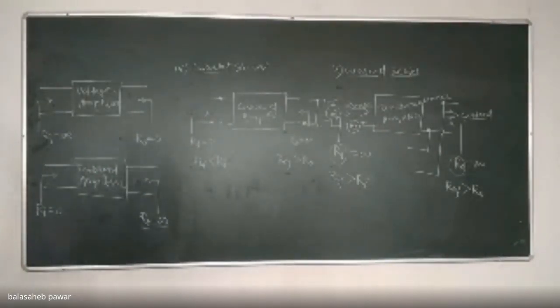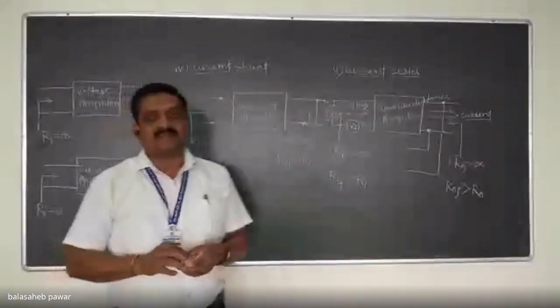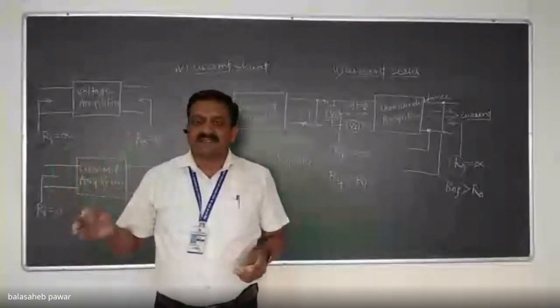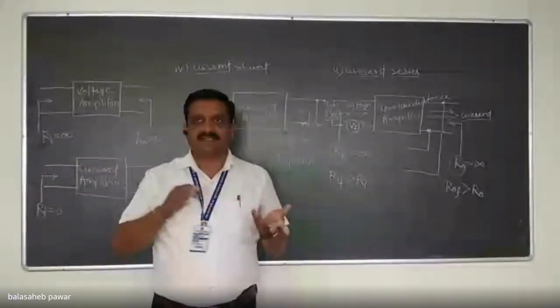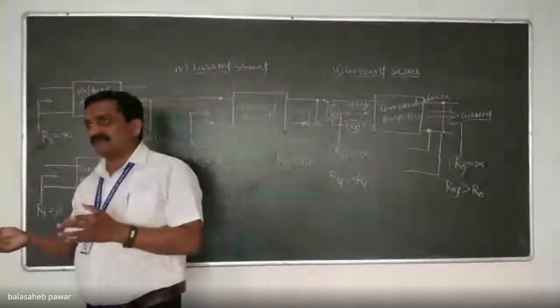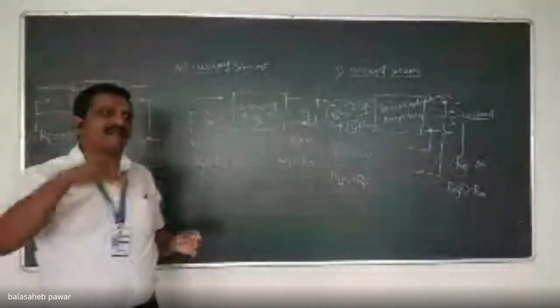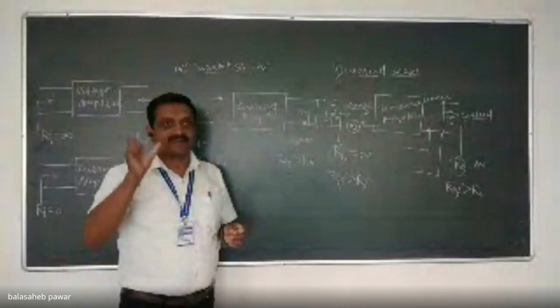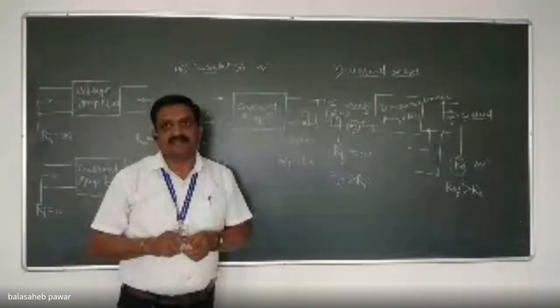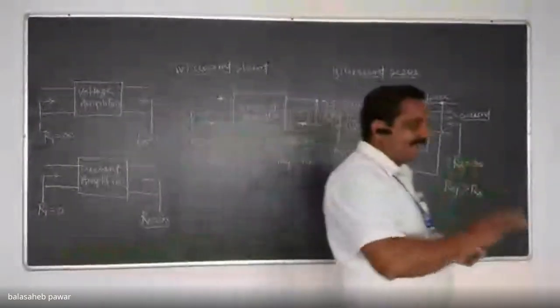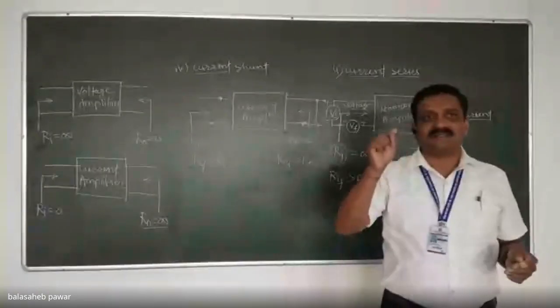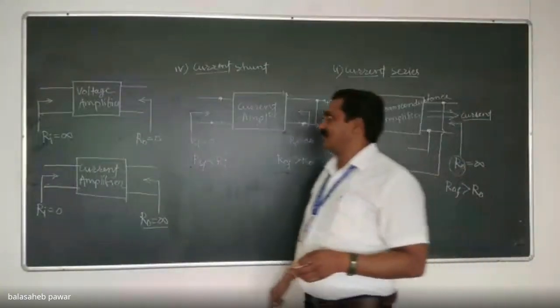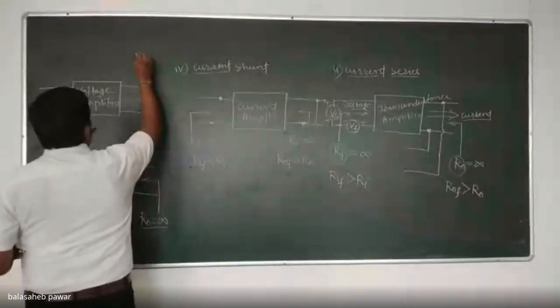Our time is also over. So the next topic: already we compared within that single table what is the effect on RI and RO according to the topology. That means for voltage series what happens, for current series what happens, and by how much factor it happens, that we will prove mathematically. But I already told you, it's very, very simple. Whatever the factor, either increase or decrease, it will be by 1 plus beta A times. That means D times.